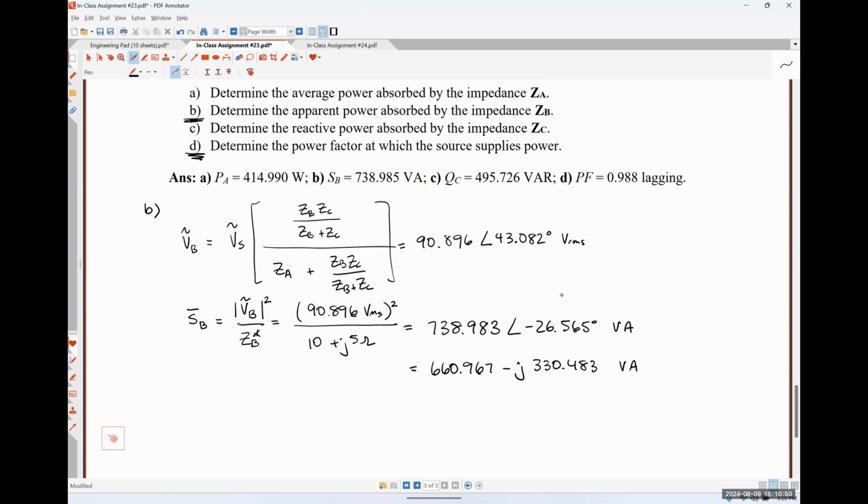So since we are trying to find the apparent power, which of those four numbers is the apparent power? Magnitude on the polar. Exactly right. So the magnitude of our complex power, which is our apparent power, would be 738.983 volt amperes. Looks like I have a little bit of rounding error, not surprising, but pretty close to what we would expect. All right, so